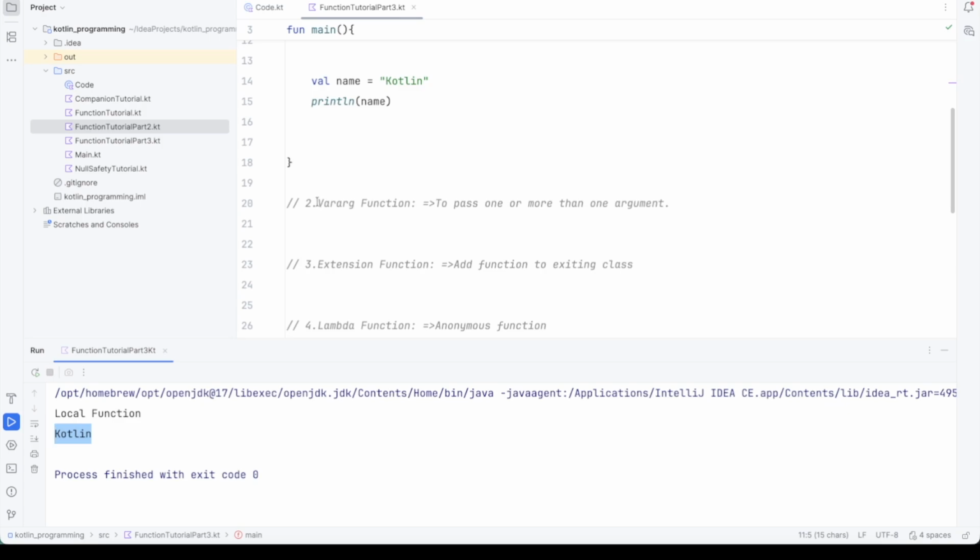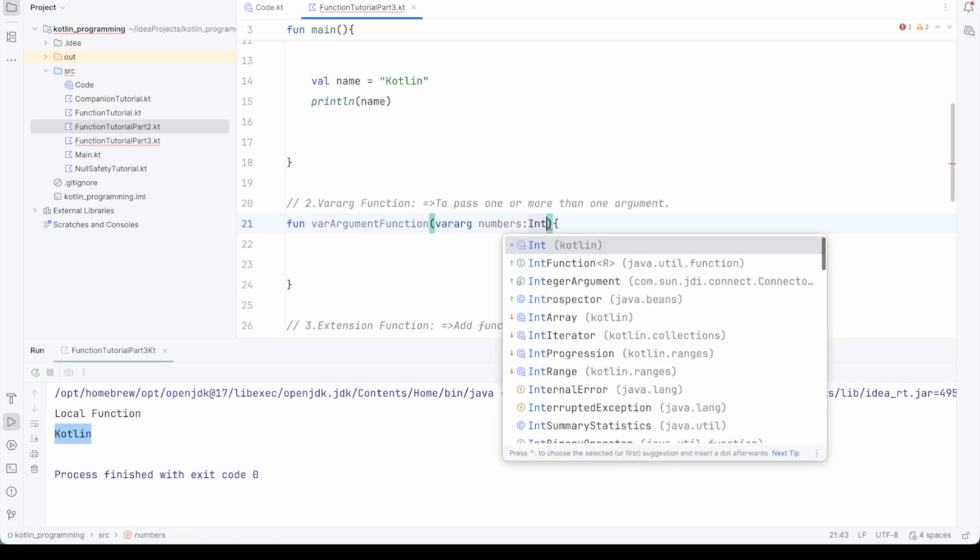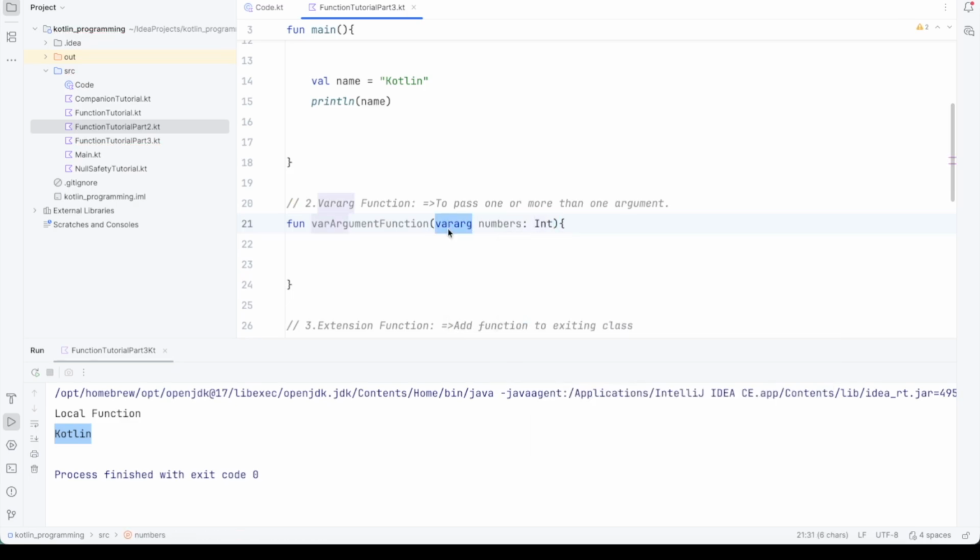Next function, vararg function, variable argument function. When we have one or more than one argument, I repeat, when we have one or more than one argument, then we should go for variable argument function. Let's understand with the help of an example. Fun varargFunction, here I can take vararg numbers of Int type. This vararg is a keyword which takes one or more than one argument, and here I want to print the sum of these numbers.